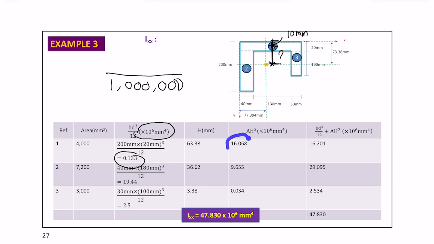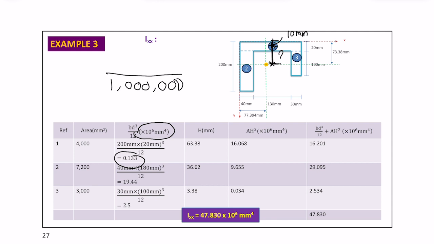Next, we can calculate the AH square. Just take the 63.38 power of 2 times with the area. You will get 16.068 times 10 power of 6 mm power of 4. Add these two values together to get the value of total IXX for the first section. For the second section, here,